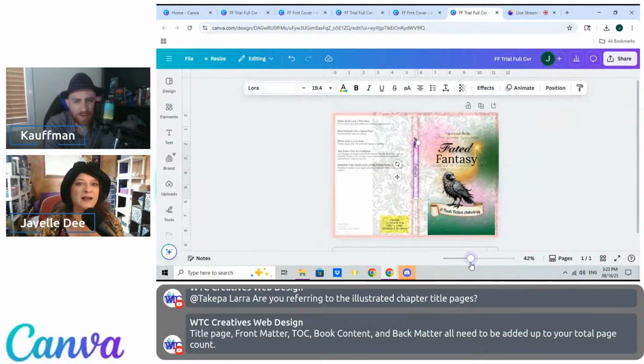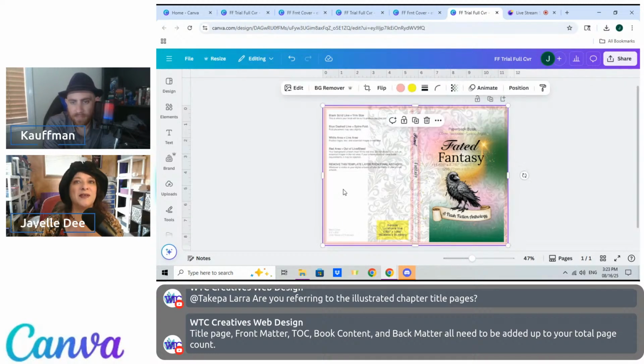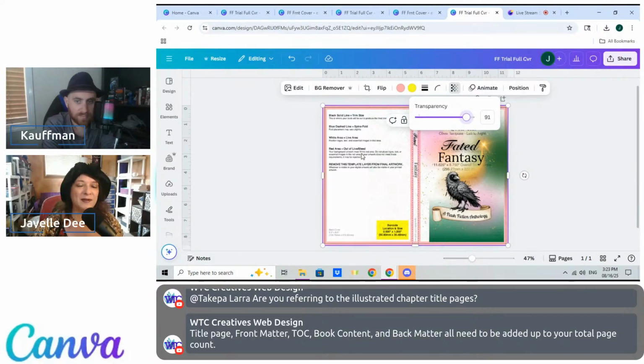And then when you upload it to Amazon, you will be uploading that entire image, front, spine, back. But you will have, of course, remembered to get rid of this, so it doesn't print, because you want to put, what do we want to put here? Our blurb. Right here, that has room for a barcode, so you know not to put anything there,